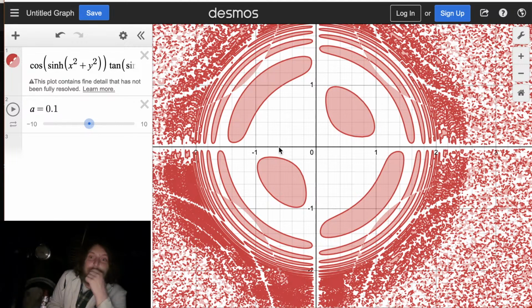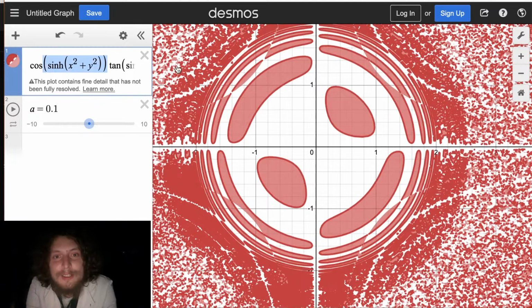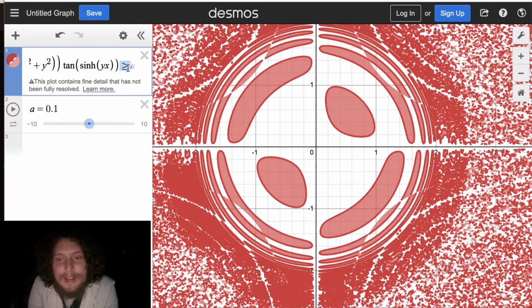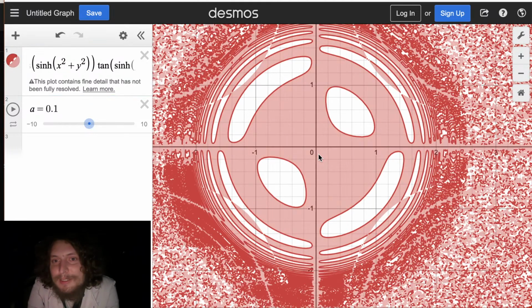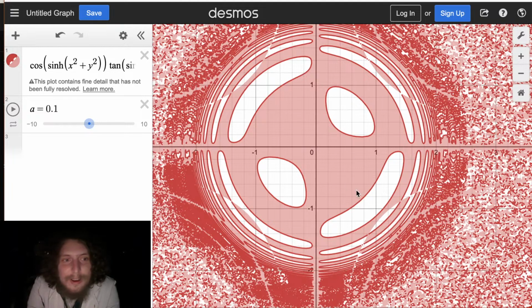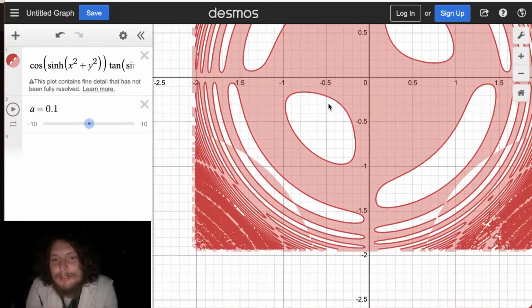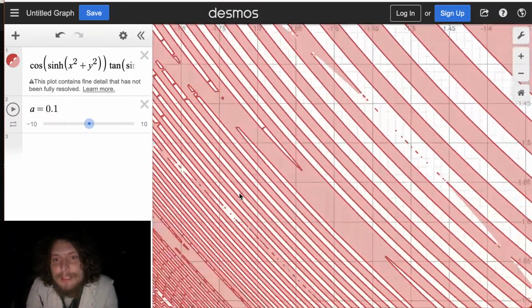This is a whole little world. This is a planet. Or like an anti-planet. Well, let's switch the inequality and make it a planet. Wait, what happened? Oh no, that was the same way. This way. Yeah, look. It's like Earth in space with different continents on it. That's wild.